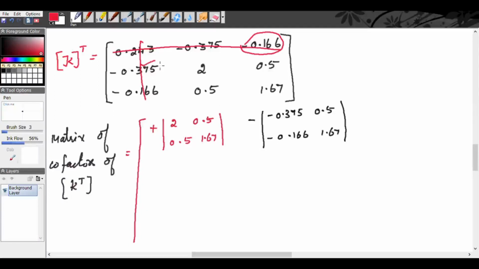Next will be for this 0.375, next will be 2, next will be for 0.5, etc. So what you get here is plus, once you have taken plus, then minus, then plus. Then for the next row, it will start from minus. If you have started the first row from plus, next will be minus. Okay. So here plus, minus, plus. So plus of